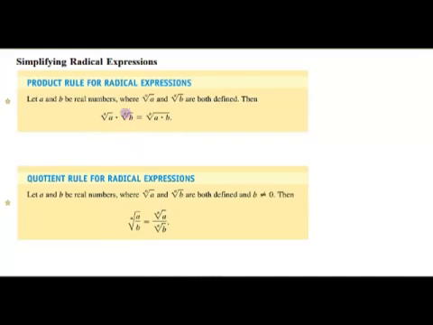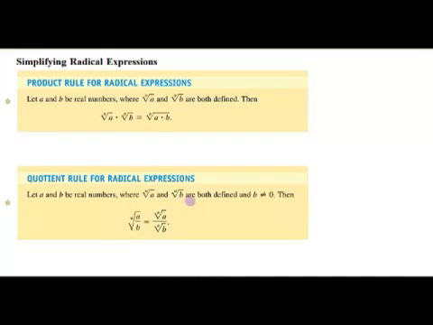In other words, if we have two radicals with the same root, we can put them under one radical with the root and multiply the radicands. Or if we have a nth root of some kind of product, we can separate it into two different radicals with the same root. Now, the quotient rule for radical expression says let a and b be real numbers where